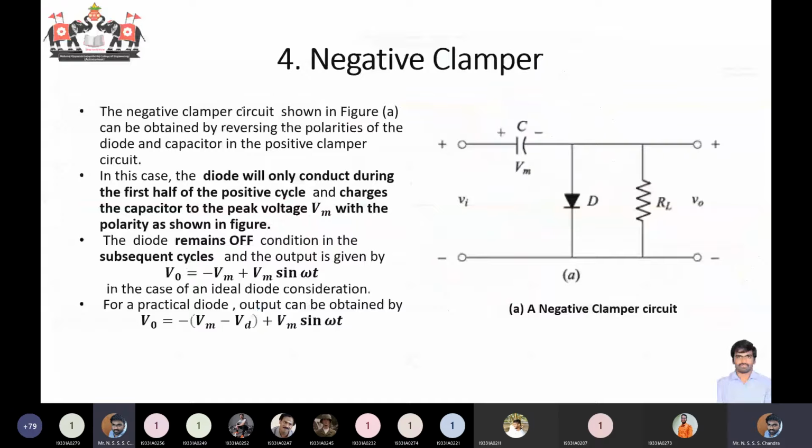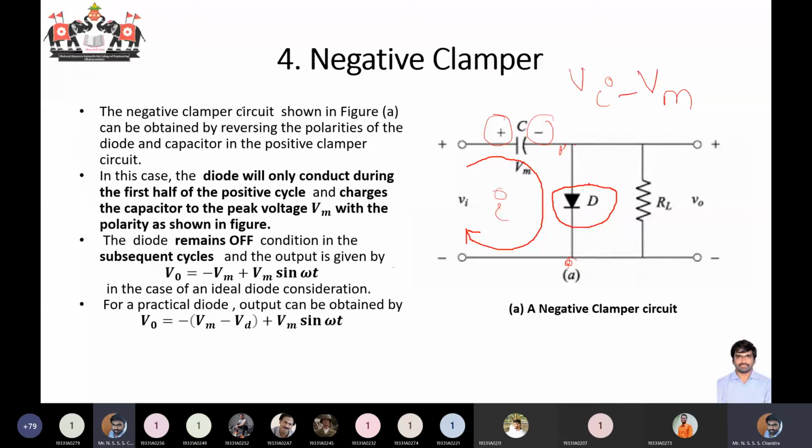So in this condition, your capacitor polarities will be such that the positive polarity is towards the supply Vin and the negative polarity is towards your output. Here are your positive and negative terminals. Now if you apply KVL across this diode, what will your voltage be? It will be Vi minus Vm. So what is Vi? Vi is Vm sin omega t, and then you have minus Vm.